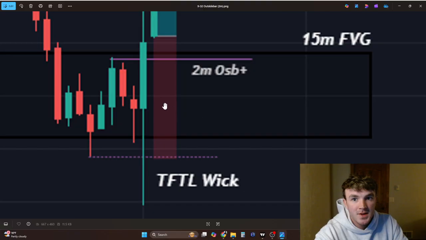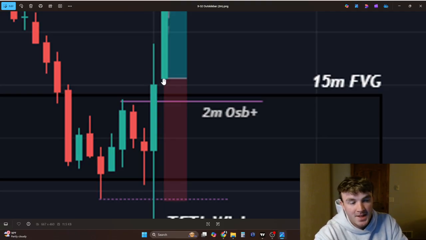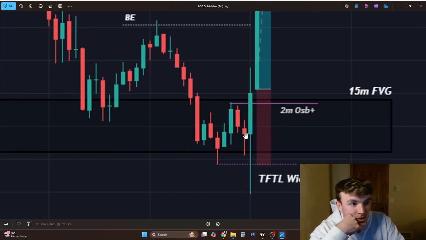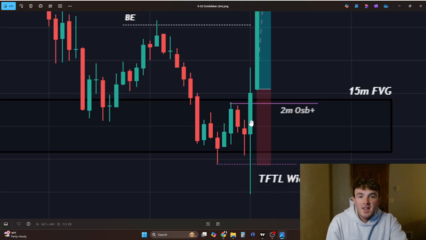And then usually what I like to see is I like to see it close higher. So here's the candle prior, here's the low, here's the high. The next candle after takes that low and takes that high, and what I like to see is usually a strong close. And what's cool, and the reason I marked it out like this, is it's not only taking the low and the high of the previous candle, it's actually taking the low and the high of the previous 7 candles. This is a really, really nice signature in price.